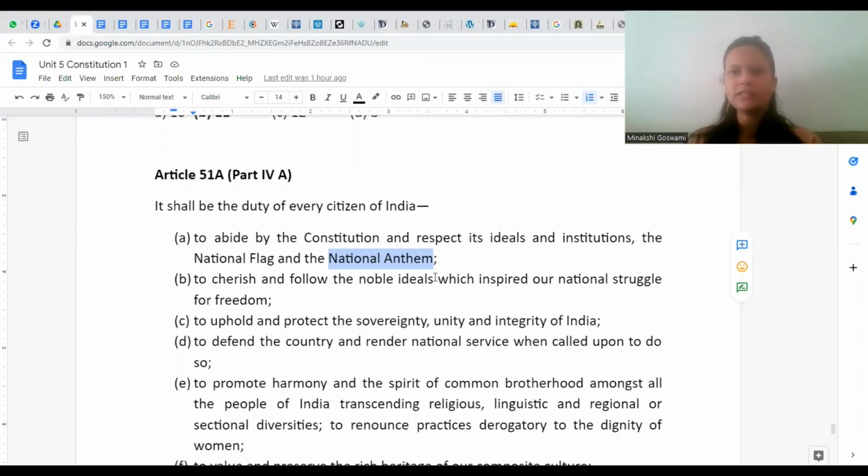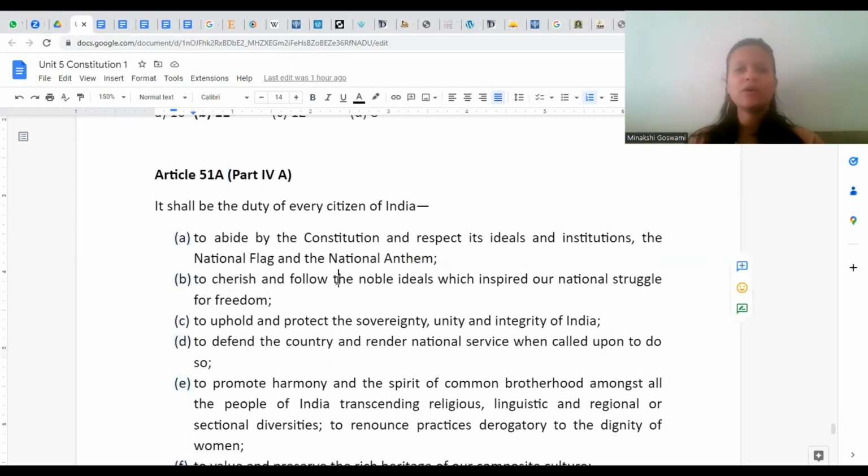There also the court said that no, they are not disrespecting anything, because other people are singing and they are not disturbing them. They are simply standing silently. So it's not disrespect, and we cannot file a case as a violation of Article 51A, Clause A. But yes, we can file a case as a violation of that specific legislation.